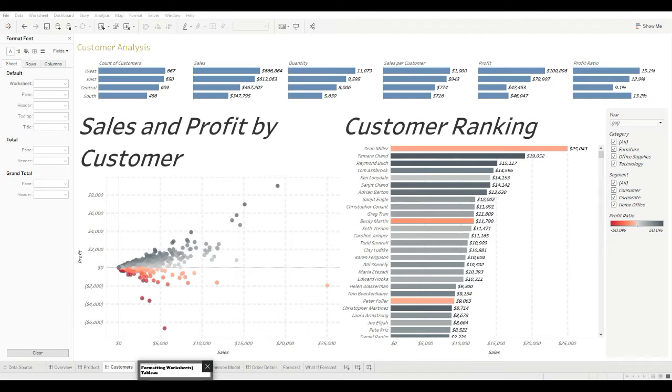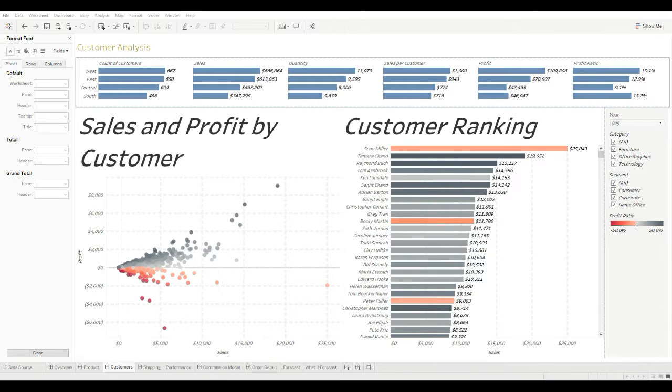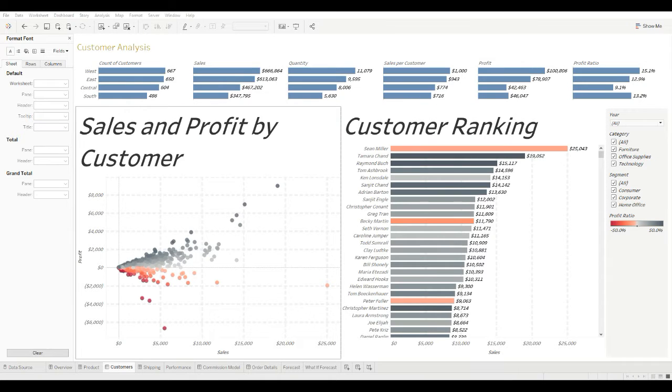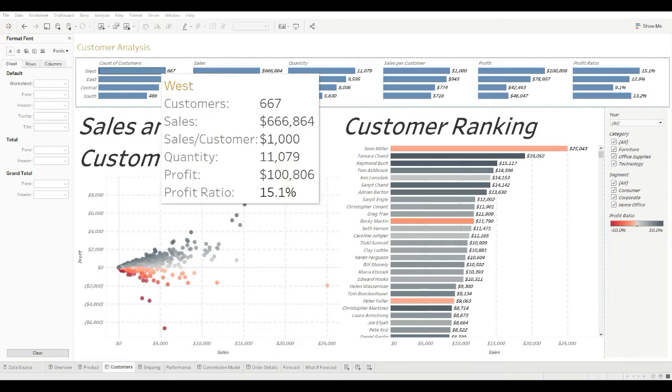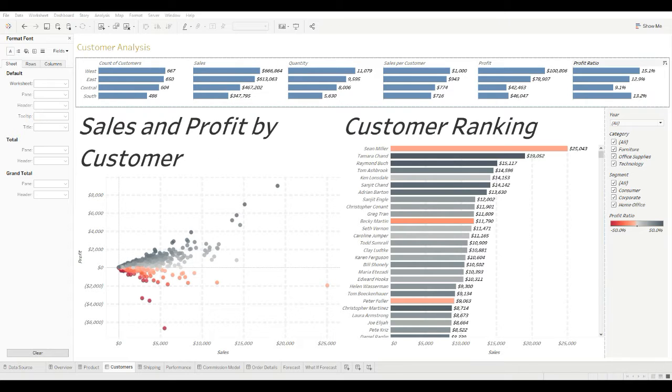In the previous two lectures, I showed you how we can format the dashboard as well as how we can format all the worksheets at once. In this lecture, I'll show you how we can individually change the formatting of the worksheets. So let's say we were to be working with this worksheet right here. Let's go inside the worksheet